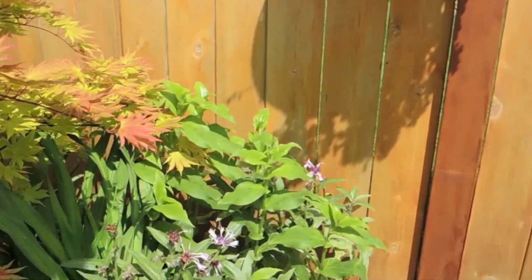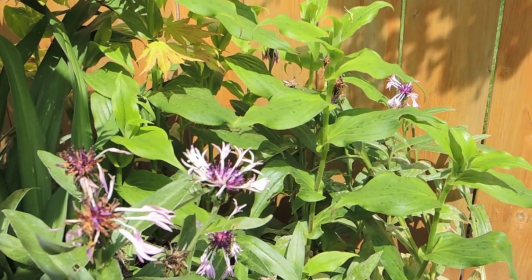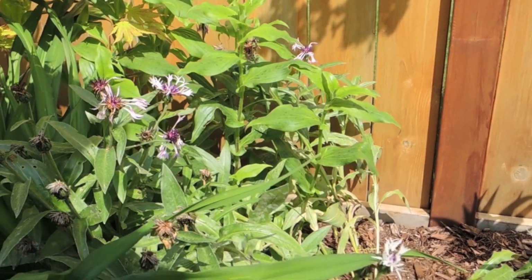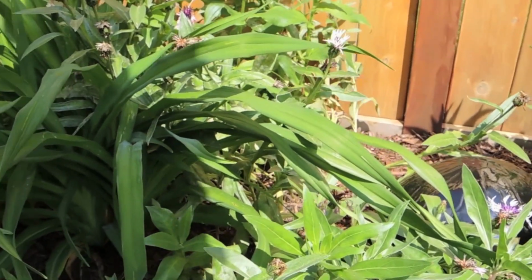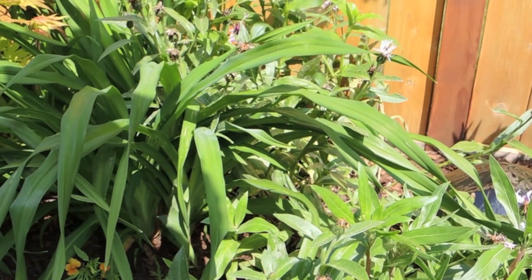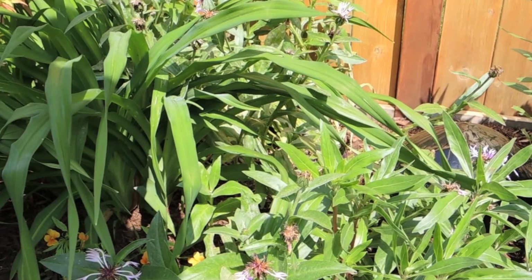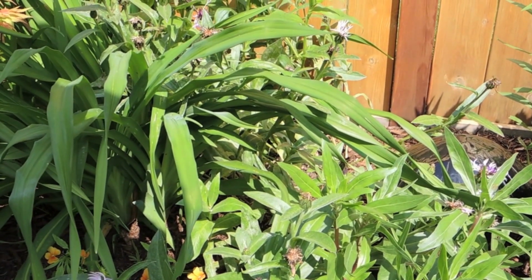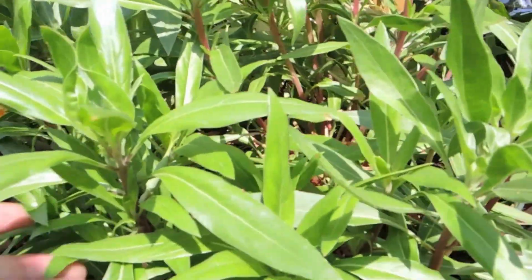I've got a couple of varieties. I've got one variety here of Bachelor Buttons. They're starting to get a little sad right now. It looks like I might have to cut them back. The wasps really love it. As long as it keeps the wasps away from me, I'm all good with it. It looks like I'm starting to get a little bit of powdery mildew, so I'll probably end up cutting this plant all the way down to the ground and let it start coming back up. This plant performs like a weed, so cutting it back will only make it grow back stronger. This here is a variety of